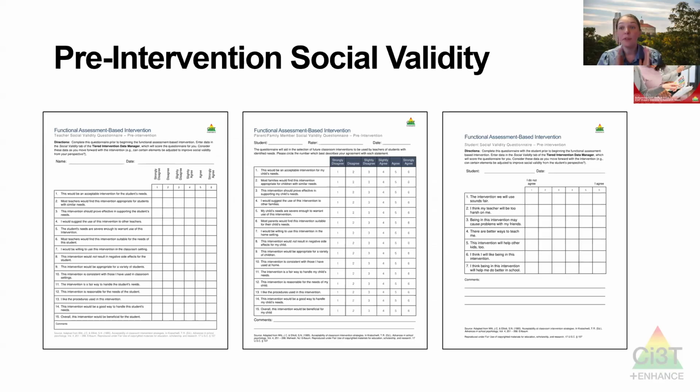And then last, but definitely not least, is this pre-intervention social validity. So we want to make sure that before we start the intervention, we talk to the teacher, we talk to the student, and we talk to the family. And there are some tools here that are embedded in the modules. The IRT-15 is a great, super quick survey that they fill out that just tells you, here's what I think about the goals and the outcomes and the procedures, what you're planning to do.